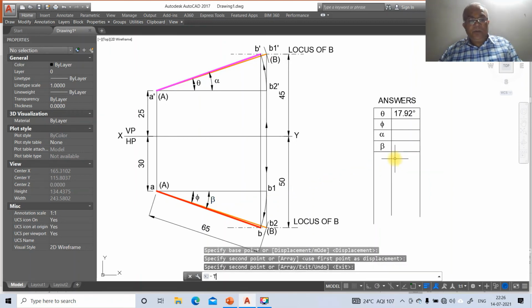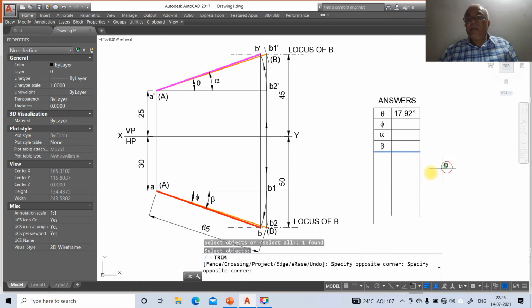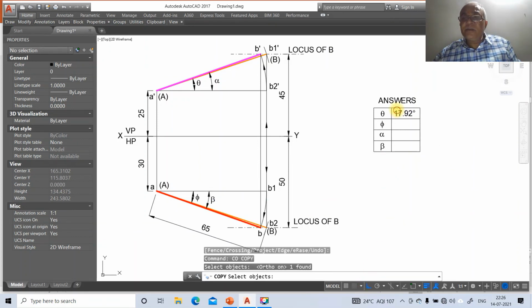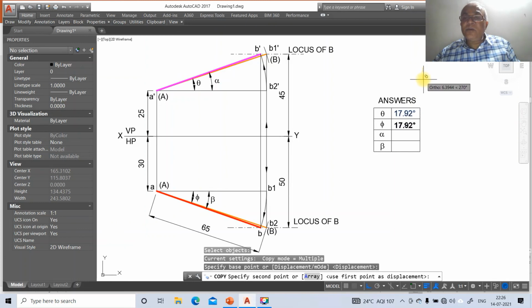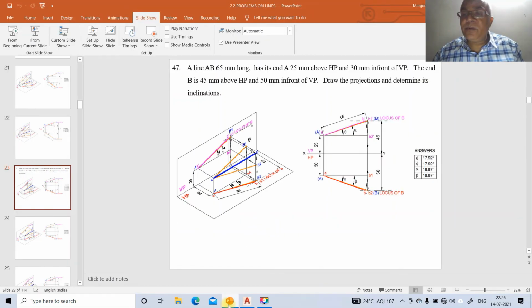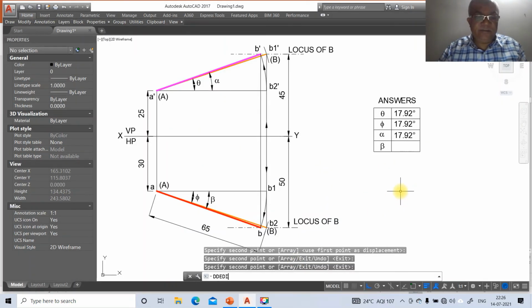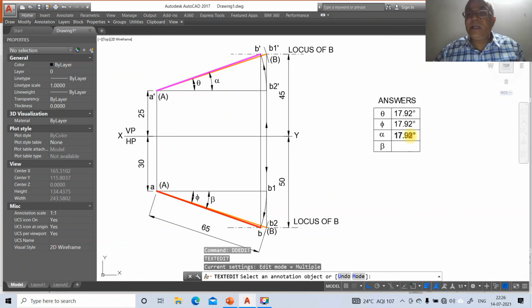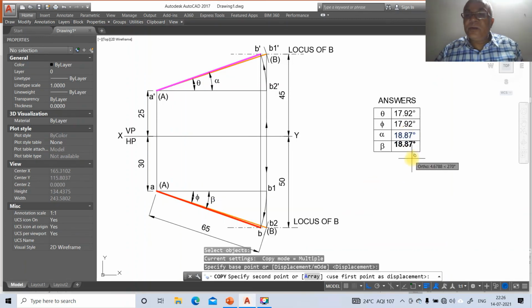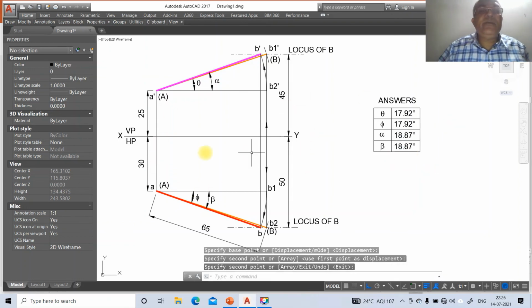Once you get this, go to trim, select this as the cutting edge, objects to trim as all these four. Then go to copy, switch off this, switch on this, copy, select this, ortho mode, and you copy this 17.5. Both are 17.2. Then this is 18.87. So you take DD edit. So you take 18.87 degrees. 18.87 degrees. So similarly, you just copy this from here. So we're going to do this. Now everything has been done.